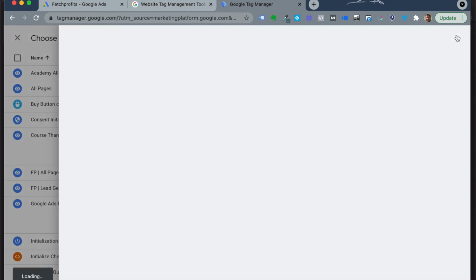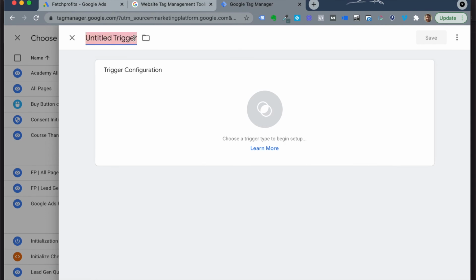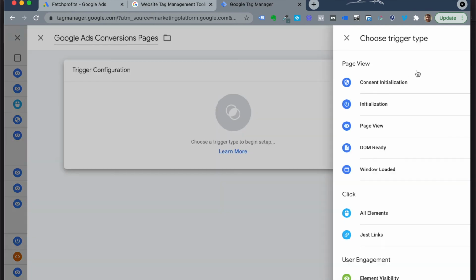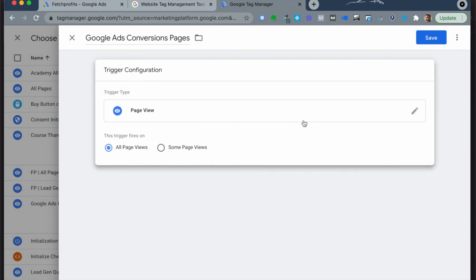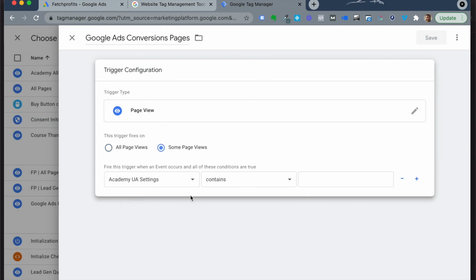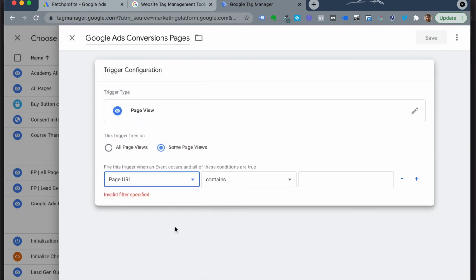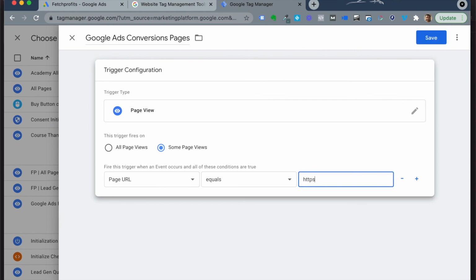So click on the plus icon on the top right corner, give that a name, trigger configuration, choose page view, choose some page views, choose page URL equals that particular specific URL that a lead must go to when they sign up as a lead, or a customer must go to when they actually make a transaction on your site, like /thanks. You need to figure out what this particular page URL is depending on how your website is set up.